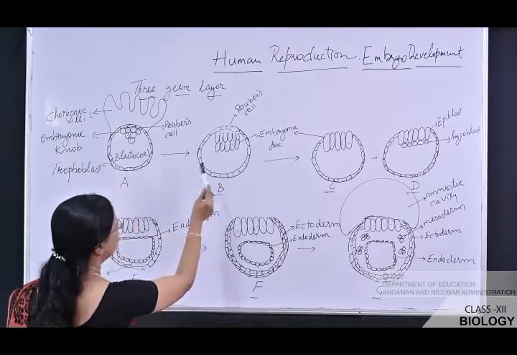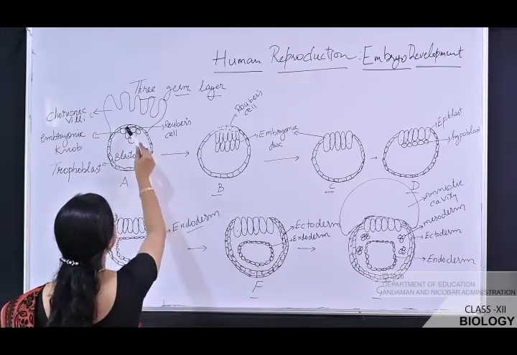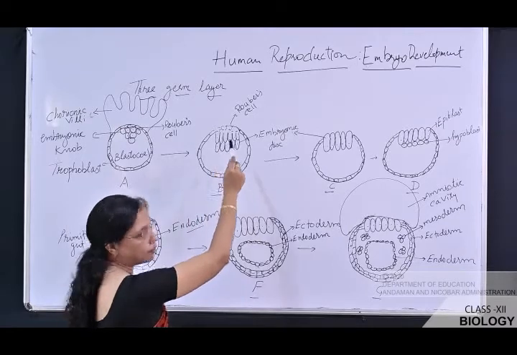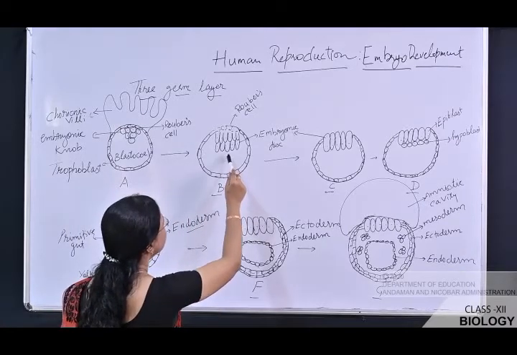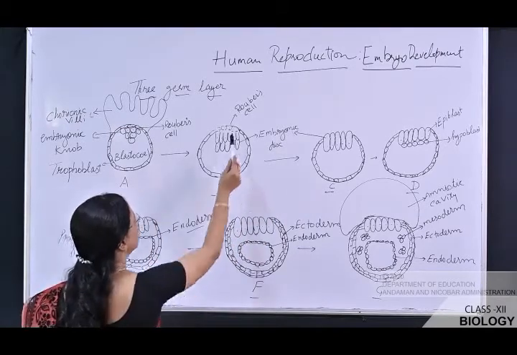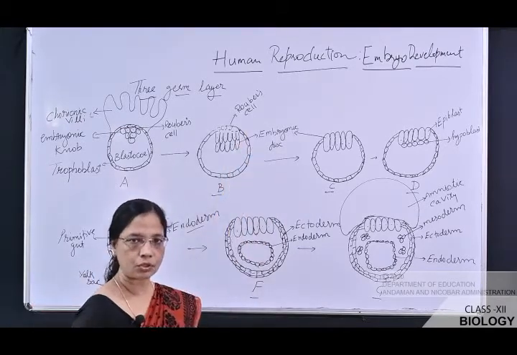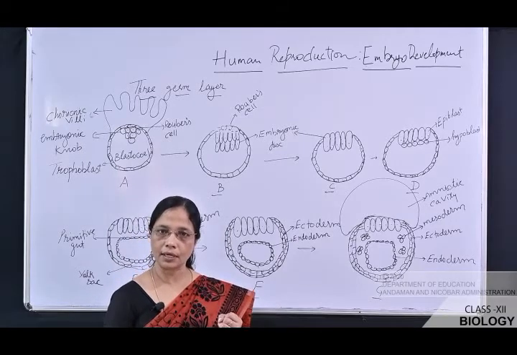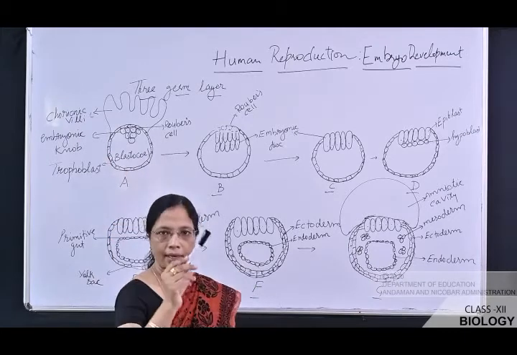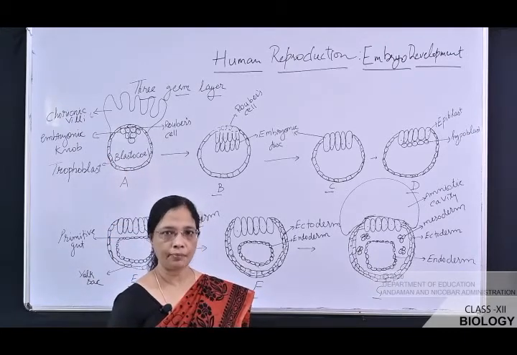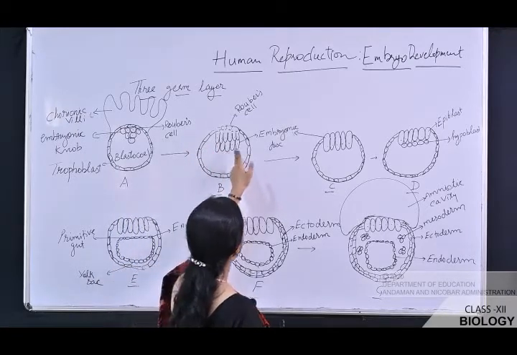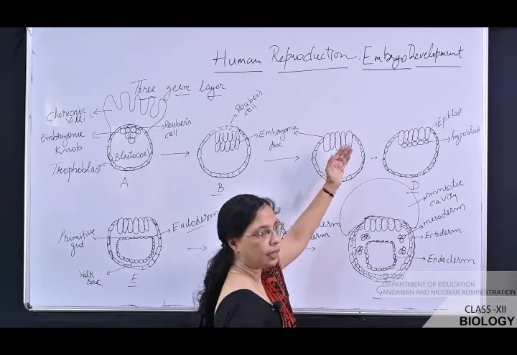Okay, during the developmental process, what happened? This inner cell mass or embryonic knob arranges itself. It is regularly arranged to form an embryonic disc. Simultaneously, what happened? The Rauber's cells disintegrate. So two things are happening here. That is, the Rauber's cells disintegrate and the embryonic knob arranges itself to form an embryonic disc. As the Rauber's cells are removed, this embryonic disc is pushed towards the upper region.